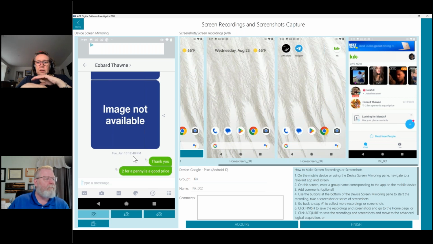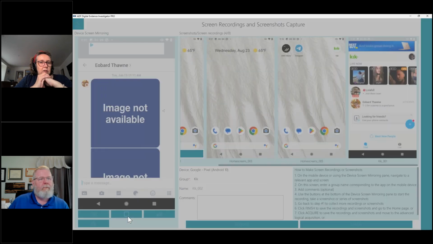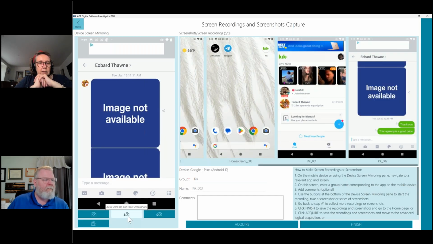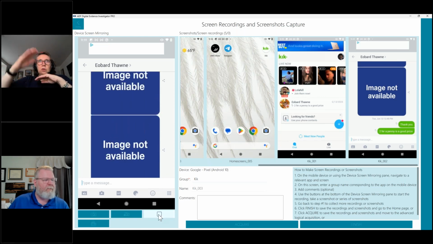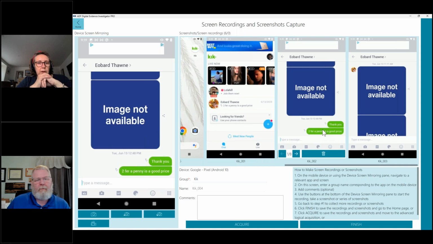And you're at the bottom of the chat because that's the way it goes. We have the auto scroll and capture feature, which is brilliant. One press of a button and we're going to move up the chat, capture all the pictures, and it's all there, as you can see, in the display pane. This only works on Android devices, I'm afraid, because Apple are a bit more awkward, but we can auto scroll up and auto scroll down. So if you've got even 1,000 pages worth of WhatsApp or Kik or whatever, you just press one button and it will do it all for you. No need to figure out how many you're going to need. Just hit the button and it'll auto scroll for you.